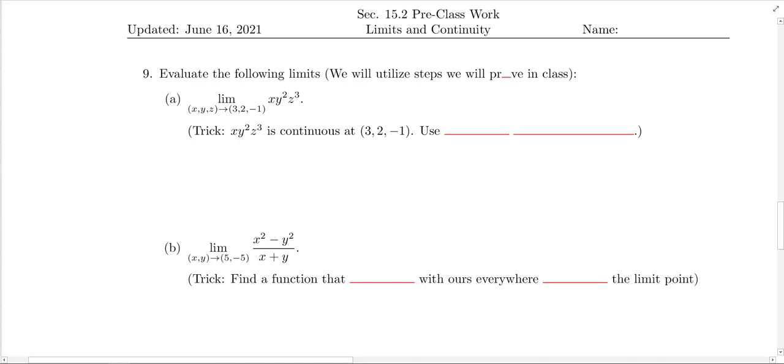So folks, now that we've given both an intuition for limits of multivariate functions and we've looked at the definition, let's do some calculations of limits. At this point, we haven't justified any of the steps that we're about to take, but some of the justification is similar to what we do in Calc 1. So I'm just going to go ahead and do so. We're going to take the steps to prove these in class, but let's just evaluate some